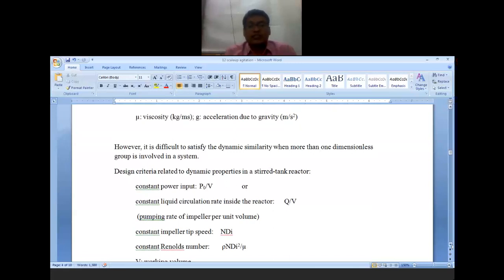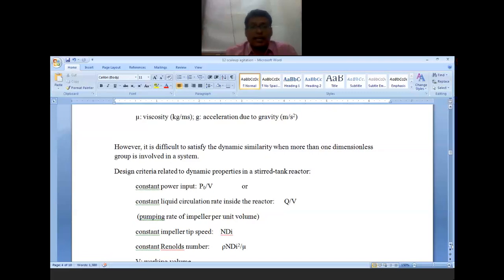However, it is difficult to satisfy the dynamic similarity when more than one dimensionless group is involved in a system. This is very important. Here 3 dimensionless groups are involved: the power number, Froude number, and Reynolds number. So it is very difficult, and we have to restrict it to certain